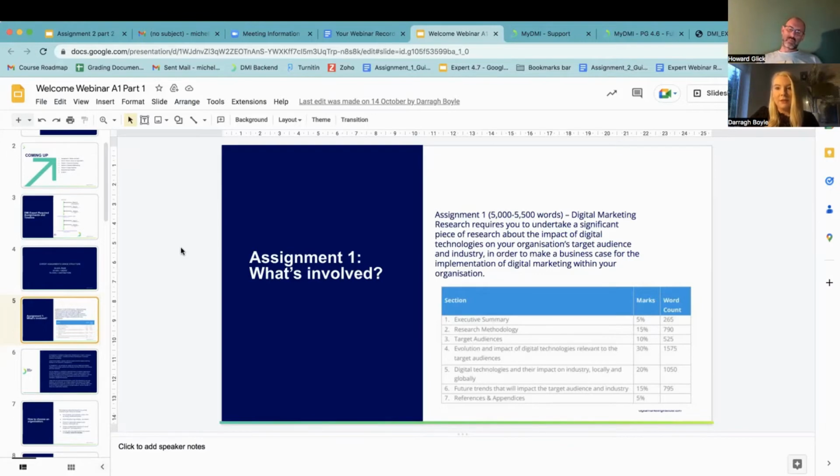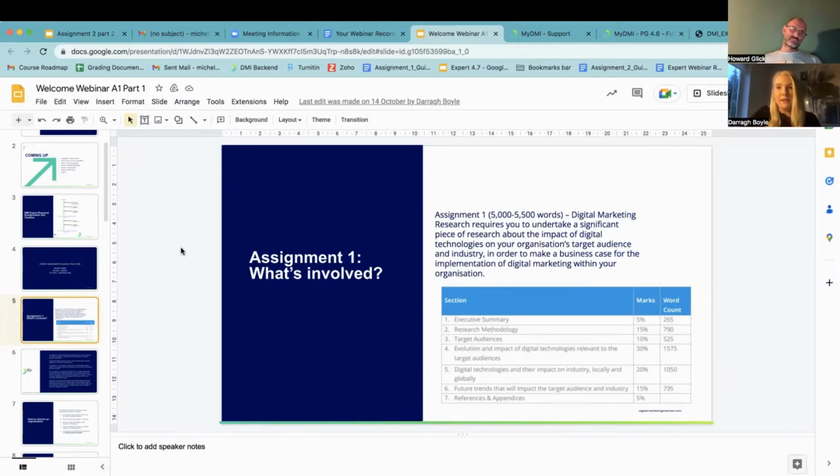So assignment 2 is strategy. You will create a digital marketing strategy based on the research you find out in assignment 1. You don't have to press go on the strategy. You can just do it in theory. You know, the company doesn't have to actually let you implement the strategy in their business. You just create it, and you can press go on it if you wish, but you don't have to. But just bear in mind that what you're doing here is building up.